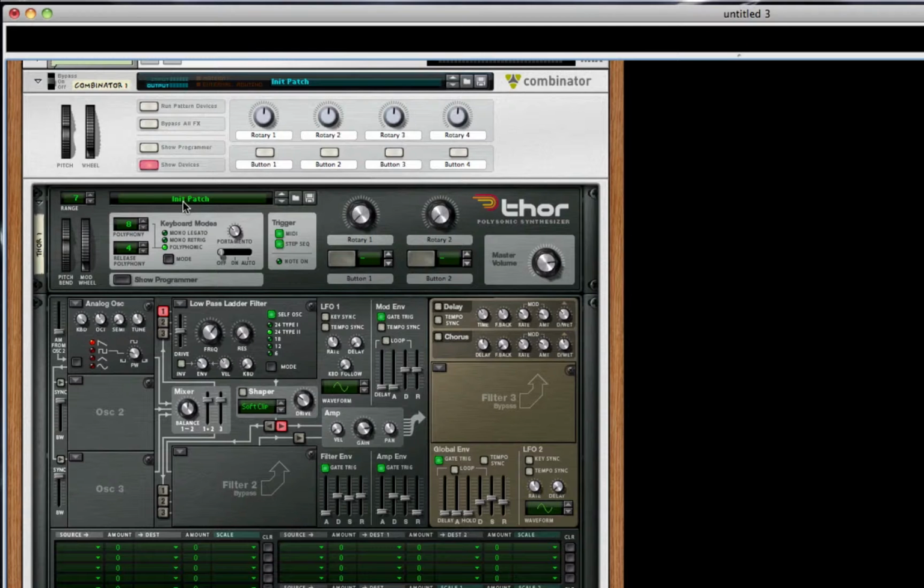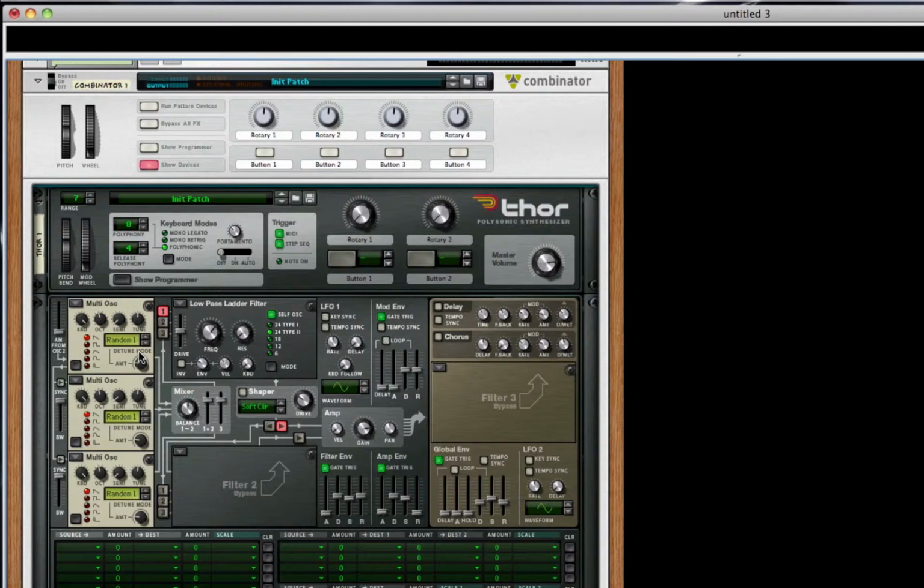For our patch, we're going to turn all of our oscillators to multi-oscillators. So 1, 2, and 3. That's basically all there is to it. Except for our first oscillator, we want to turn up the amount distortion. I think it's like 36 or 32. 32 should be good. We also want all of our oscillators to go out through the first filter,